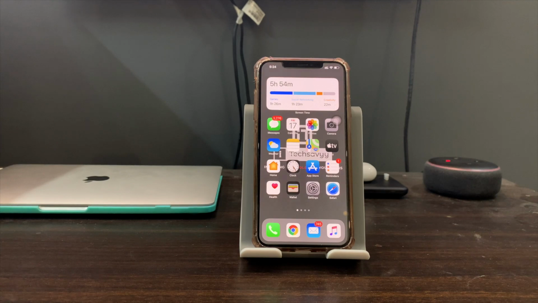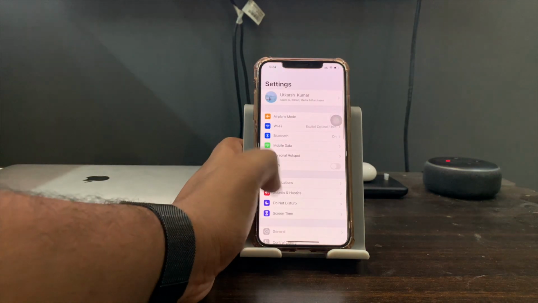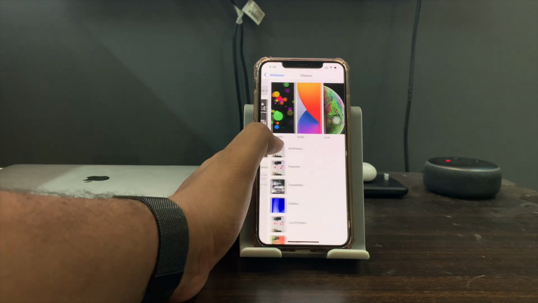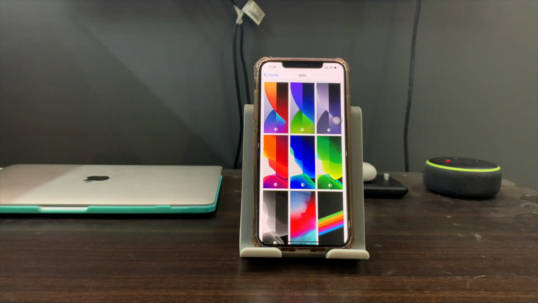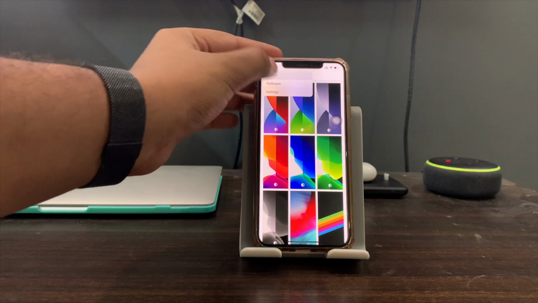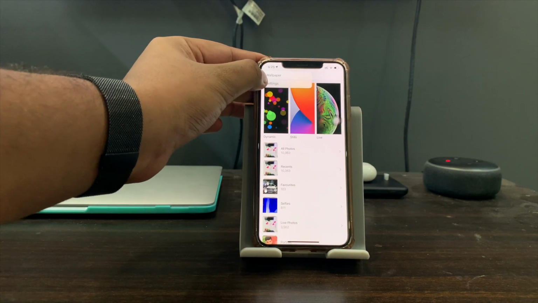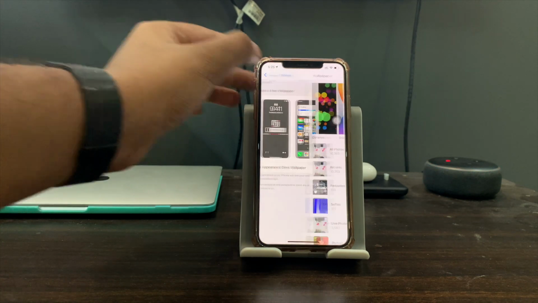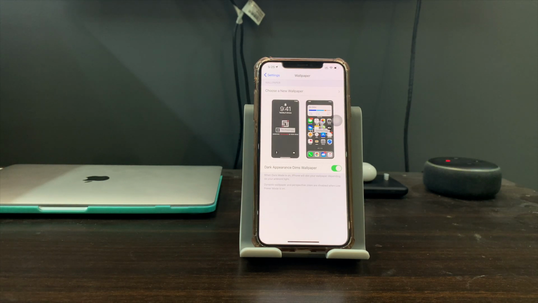The next changes I will be talking about are in the Settings app. So suppose I go into Settings and I access multiple levels, for example like this, I have an option to go back to the main menu directly from here. We just have to long press up here, and then we can choose to go to the Settings main menu or to the Wallpaper section. So as you can see here, now we have a back button for multiple levels.